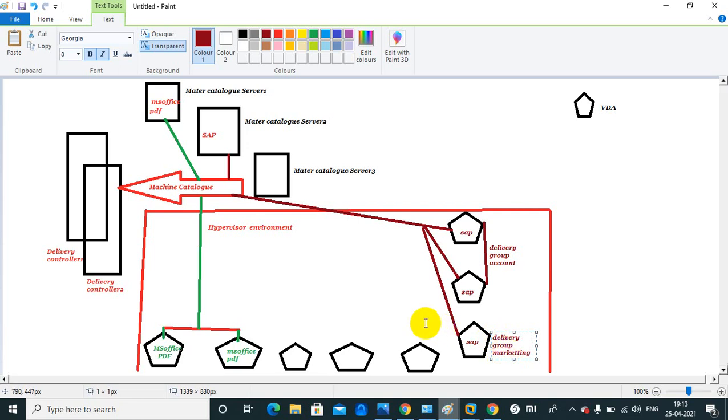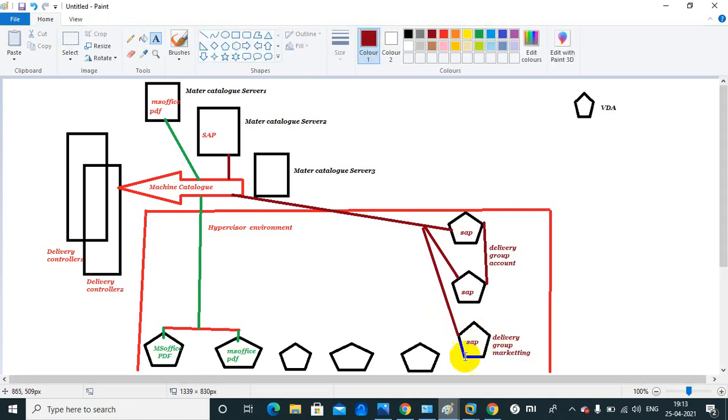It means this server would be accessible for marketing and this server is accessible for the account section. We will add account users in this delivery group, and here we will provide access to the marketing department for this server. That is the use of a delivery group.